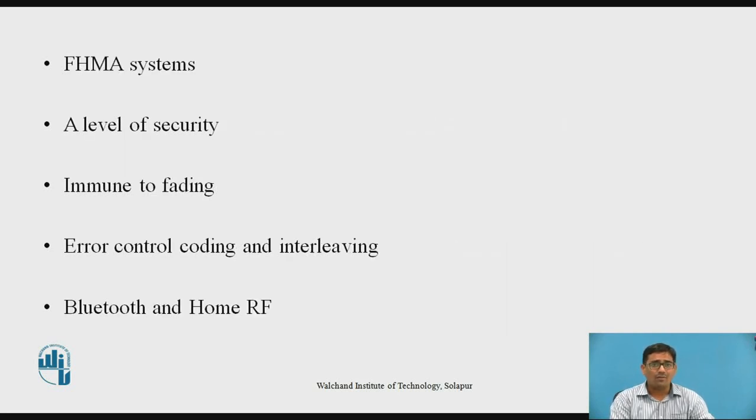FHMA systems often employ energy efficient constant envelope modulation. Inexpensive receivers may be built to provide non-coherent detection of FHMA. This implies that linearity is not an issue and the power of multiple users at the receiver does not degrade FHMA performance. A frequency hopped system provides a level of security, especially when a large number of channels are used,